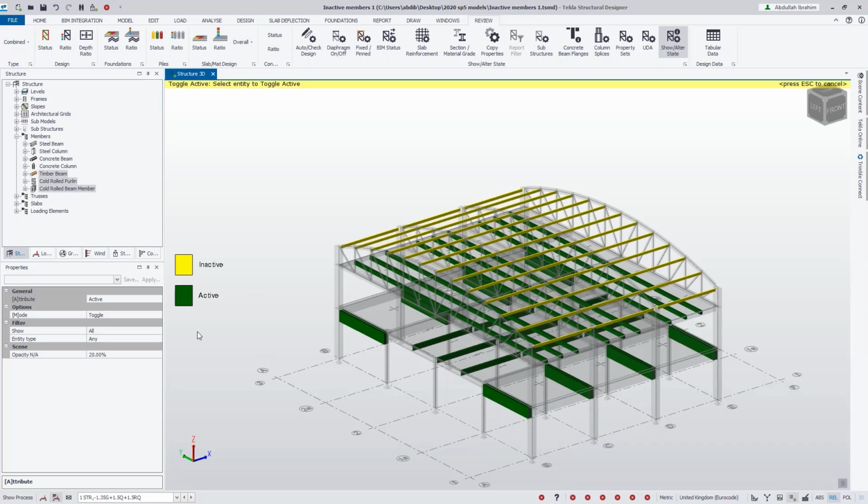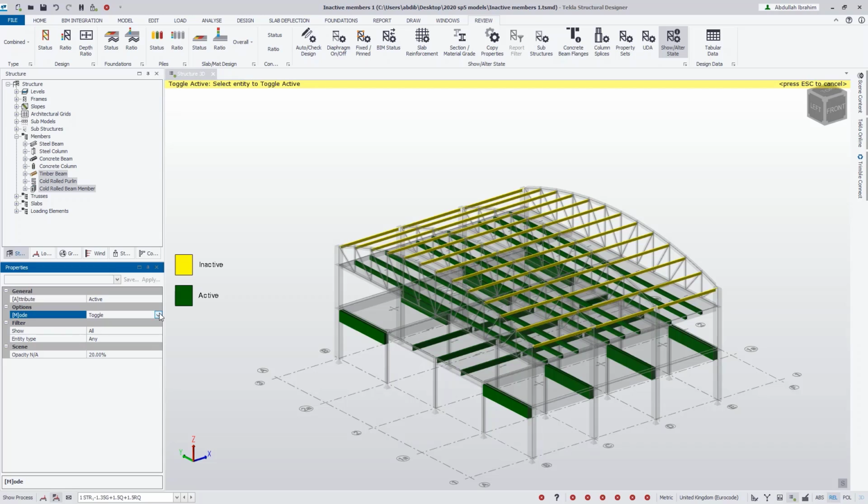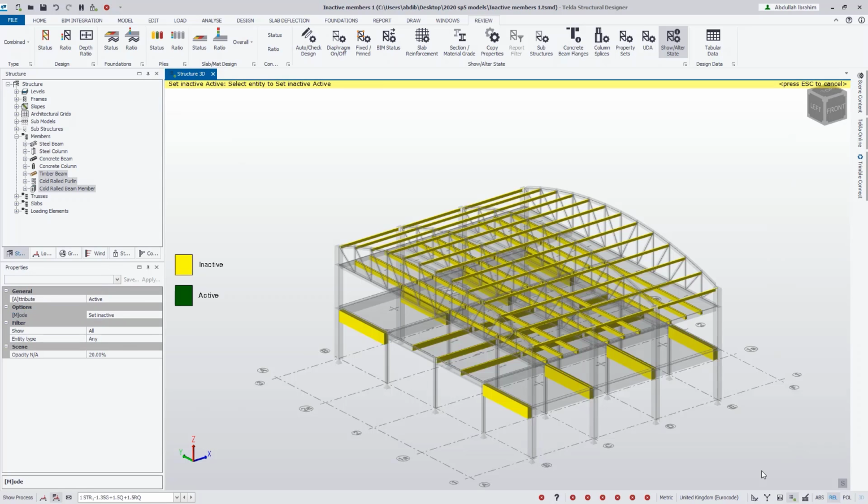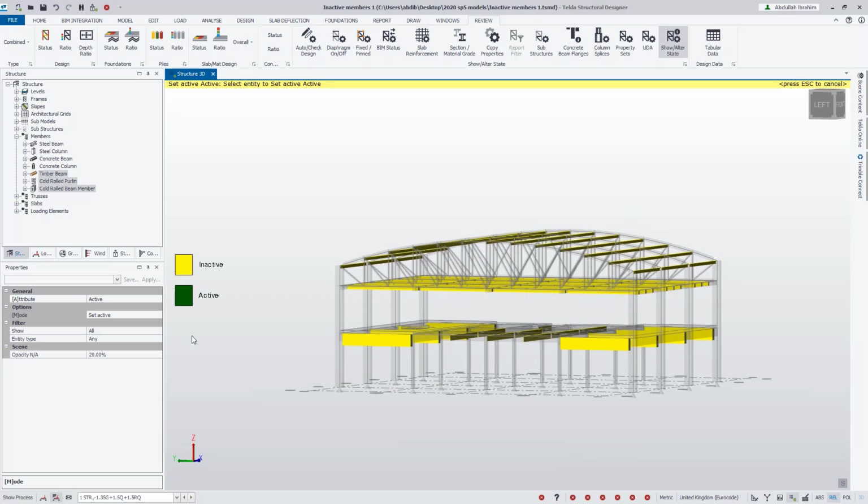If you want to set every member, or every member that can be inactive, to be inactive, you can simply change the mode from toggle to set inactive and window around the entire model. Therefore, every single spanning member, brace, beam, rail or purlin will be set as inactive. If you want to set those again as being active, you can simply select set active, and you